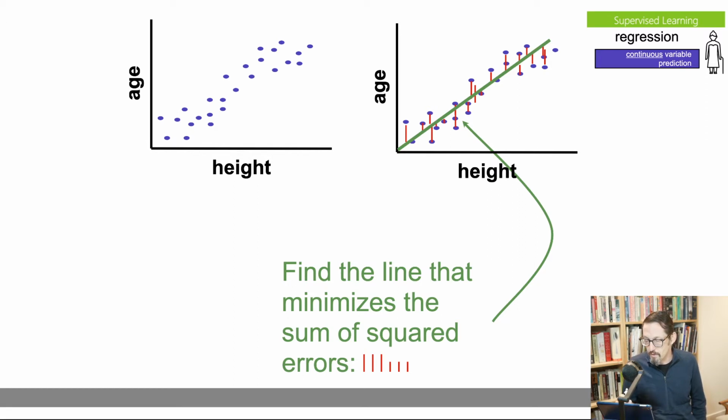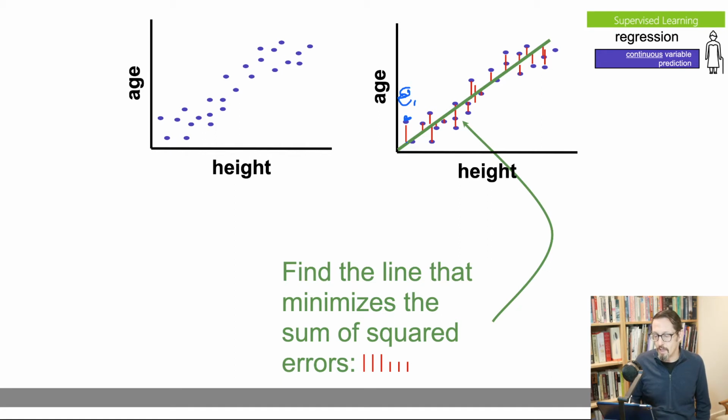So each one of these points is a little off of the line, okay? What is regression doing? What regression's doing is it's summing up all those red lines, and it's trying to minimize their sum, or more to the point, actually, minimize the sum of the squares. So whatever this error is here, this is E1, E2, E3, all those little lines, we're going to call them the errors. We're going to square them and then sum them all up, all right? That is the sum of squared errors.